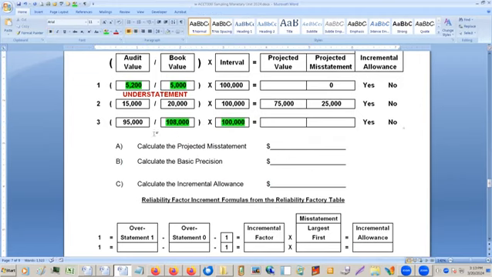So we would be 100% sure that we would catch this one because it's 100% sure it's going to get caught. It covers an entire interval. It may even cover 2 intervals. So we're 100% sure it's going to get caught. Now, when we find these, we go to the actual misstatement. So we're going to take the 108,000 minus the 95,000. This will be the actual misstatement.